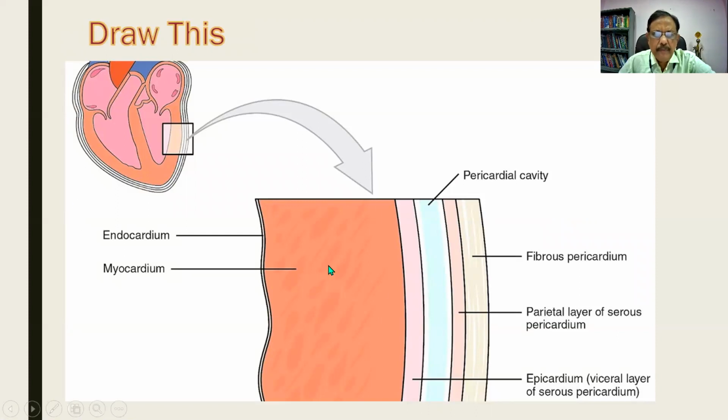This is more important. From now onwards, I would like you people to concentrate. See, this is the myocardium. And I've got two layers of the pericardium, the inner visceral and the outer parietal, within which there is a pericardial cavity. Normally, we have got about 20 to 50 ml of fluid that acts as a lubricant and also helps in the nutrition. Outer to this, there is a fibrous layer. This particular diagram, I would like you people to draw. Not even the heart, this two-dimensional diagram you should draw.